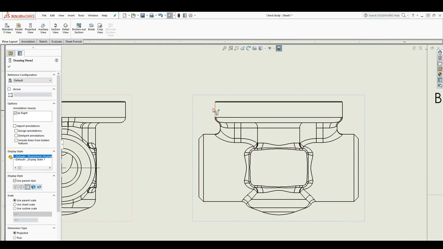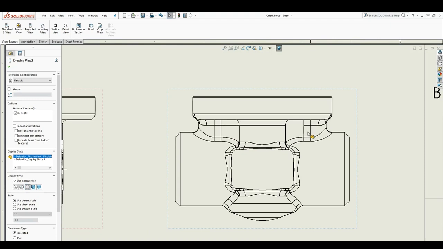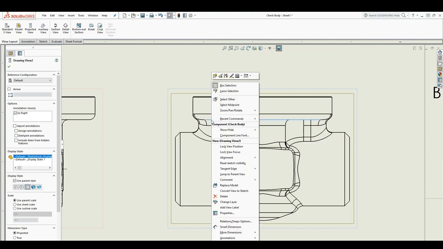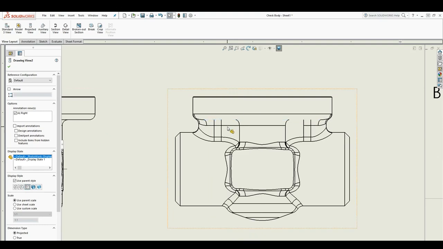So depending on whatever company you work for, some companies might require you to just take out all these extra fillet lines that are applied to the drawing that are not really needed. So what you can do is you can just hide those edges in the drawing. So to do that, you right click and you see this hide and show edge, you click it, and any